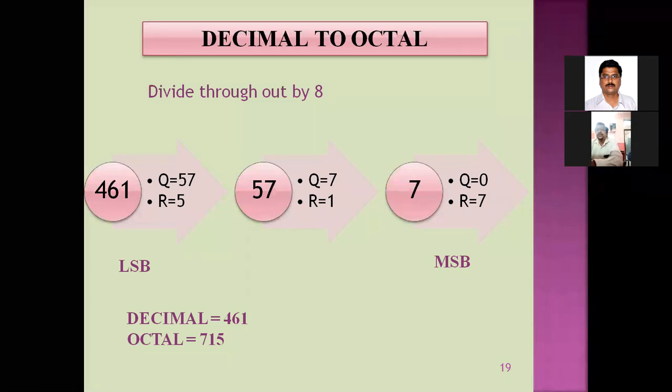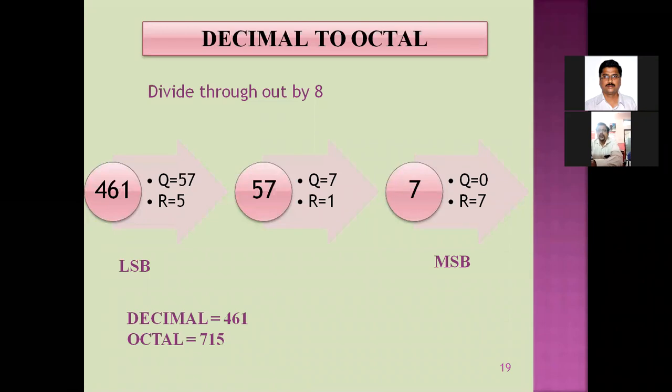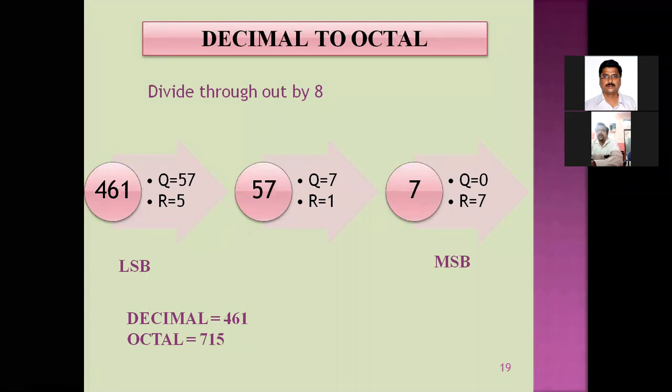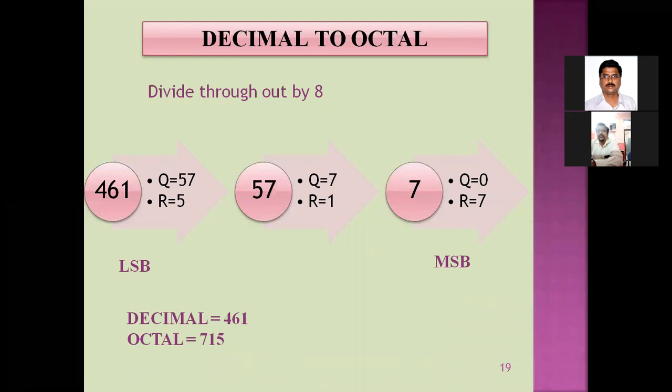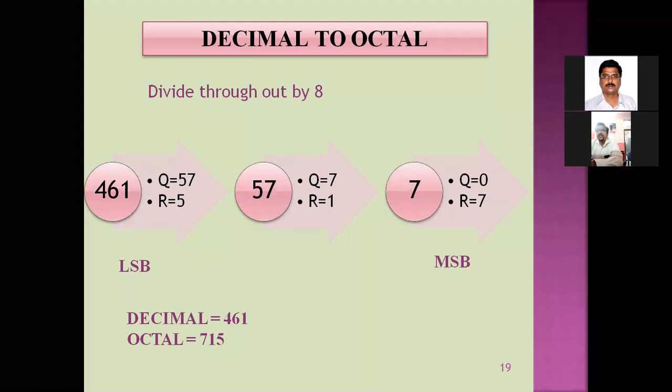In the first group of conversion, we have taken binary to decimal, then octal to decimal, hexadecimal to decimal, right? In the second group of conversion, we are converting decimal to binary, decimal to hexadecimal, now decimal to octal. So the process is same, but instead of multiplying by 16, I will now divide by 8. That's all. The difference is only that.